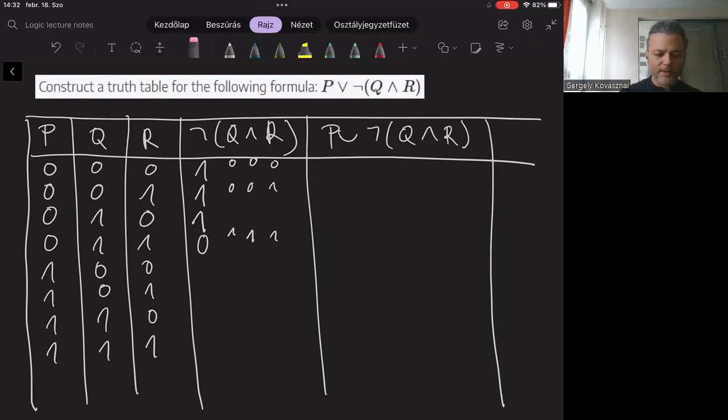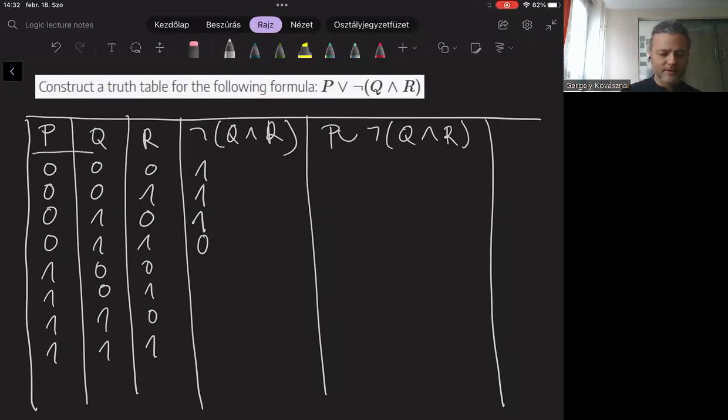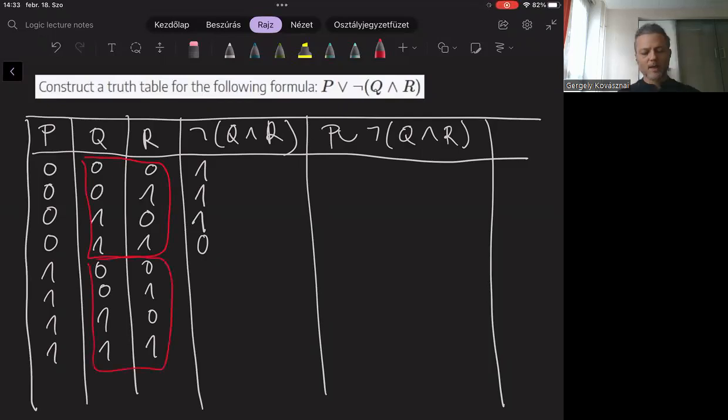Let me just erase the irrelevant details here. Of course, since the values of Q and R repeat themselves, here I made the evaluation for those QR values, and I do the same here, and I can copy the values from the lines above.